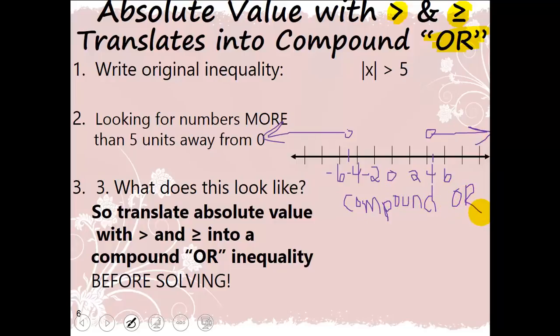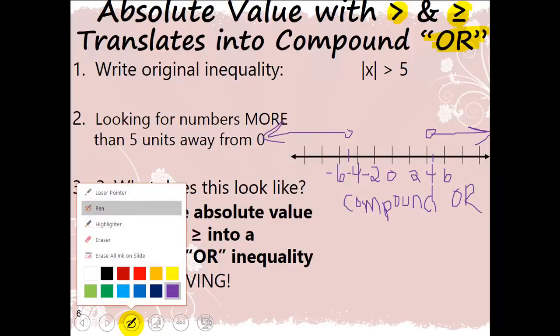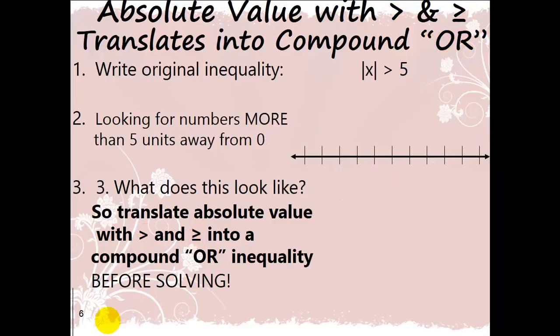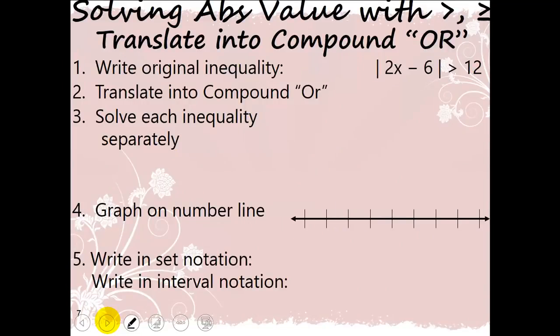So before we attempt to solve any absolute value inequalities, if they have a greater than or greater than or equal to symbol, we're going to write it as a compound or first. Okay? All right. So let's try this one. I have |2x minus 6| is greater than 12. So that means I have to have